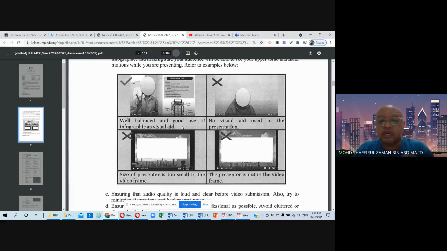Okay, so if you're asking me, sir, do we have to show the whole infographic or do we just highlight certain parts of the infographic? Okay, when you start presenting, you can show the infographic as a whole, but when you describe the two main parts or the subparts that you have chosen, then you can highlight only that particular main part or subpart. Then you can make it focus only on that particular part.